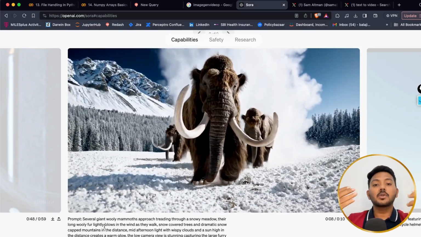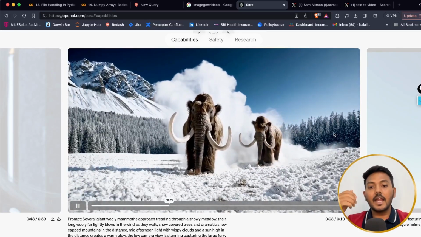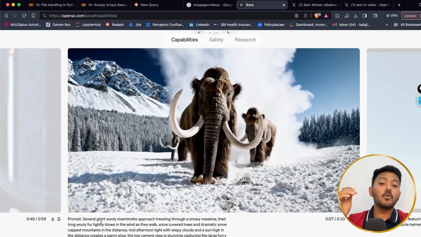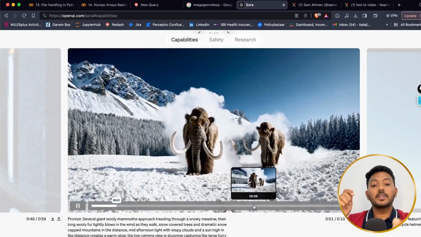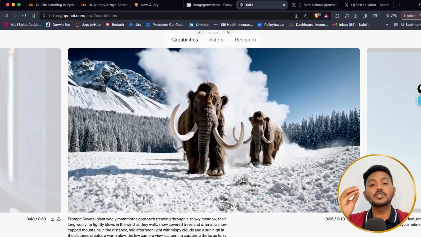Right now Sora is not available for everyone to use. Right now it is internal, and if you provide some prompts, it will create the videos. And we don't know what is the latency of this tool. If the latency is too less, it is going to be massive, guys. I mean, it's too good, right?